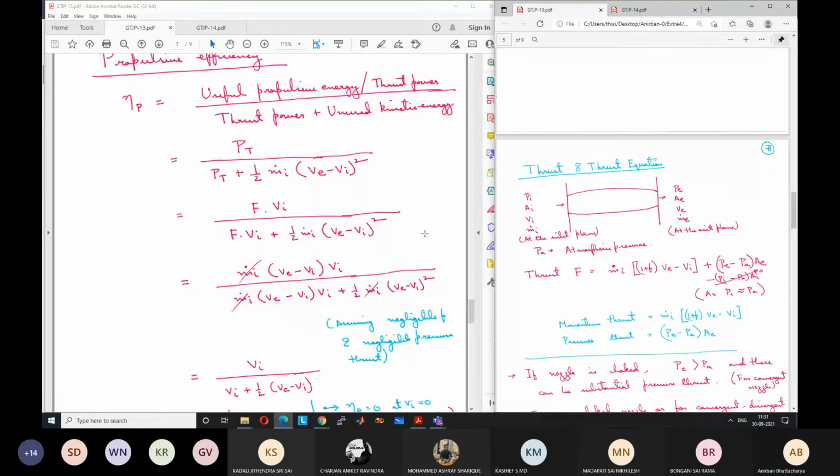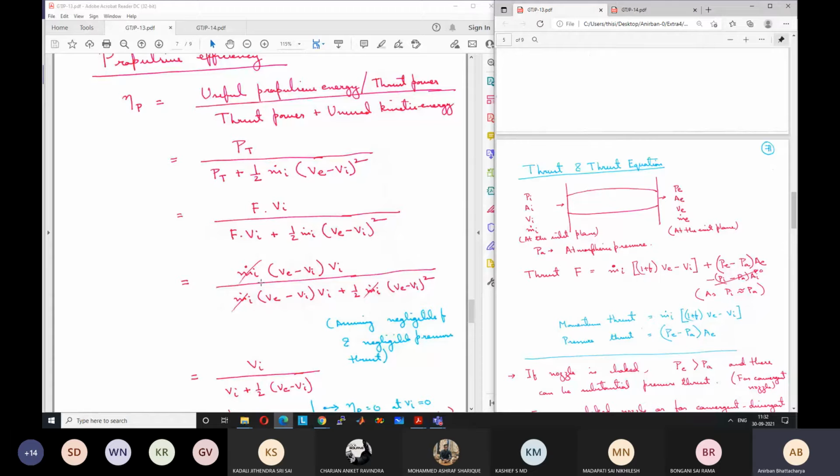So this is not the kinetic energy relative to the reference frame of the aircraft. This is the kinetic energy relative to the reference frame of a stationary observer. So anyway, if I take the simple case where the mass flow rate of fuel is neglected, for our problems we cannot neglect the mass flow rate of fuel. There you should calculate based on the mass flow rate of fuel and considering all the factors. But in this simple case, just to analyze, we can ignore the mass flow rate of fuel.